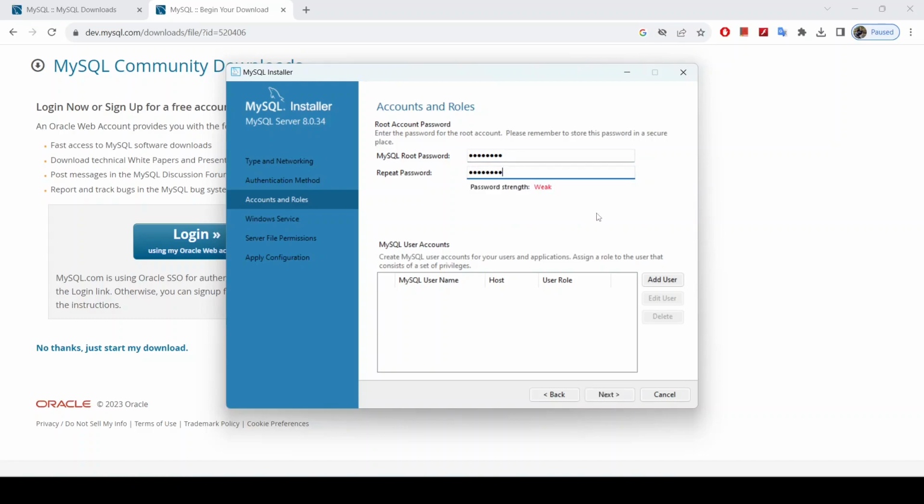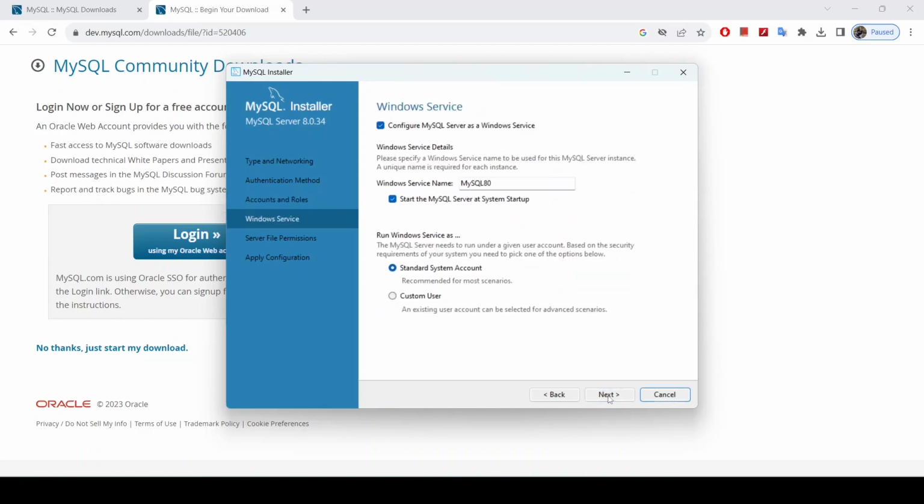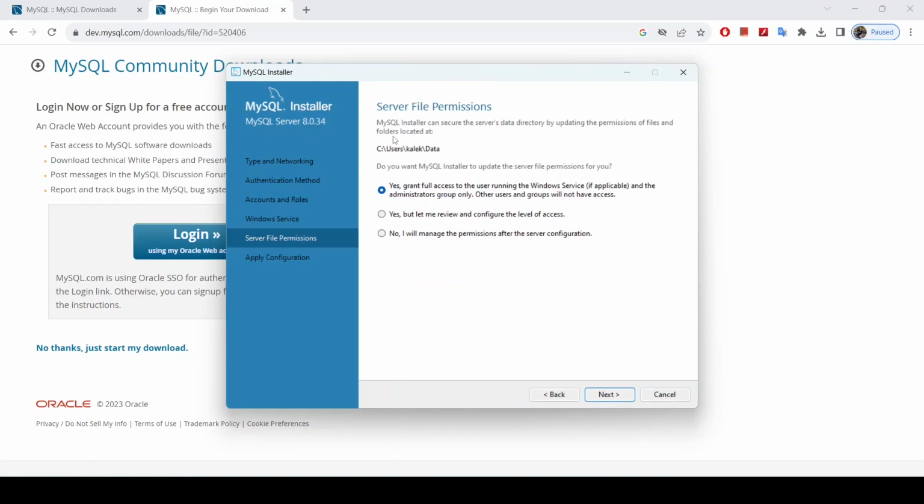Okay, so this is not a very strong password. You can set a stronger one as you like, but this is for demo purposes and this is just development, so I don't need to worry about the data that I put in here. So I'm going to click next, and then this will be your server name or service name, MySQL version 8. So I will leave everything here default. Click next, and here